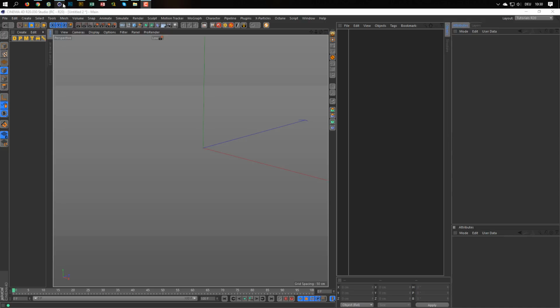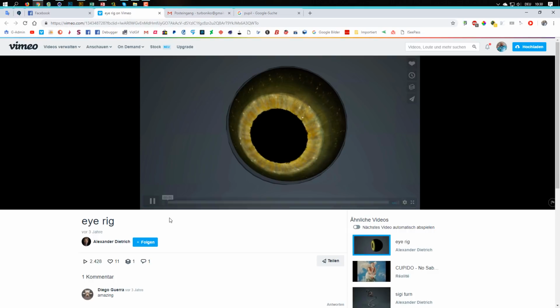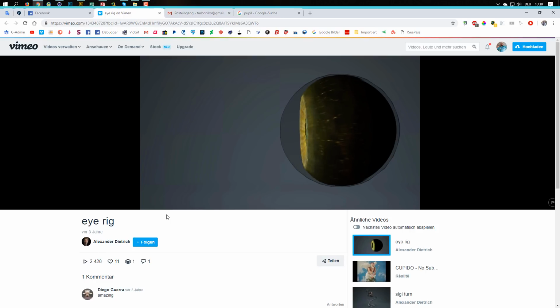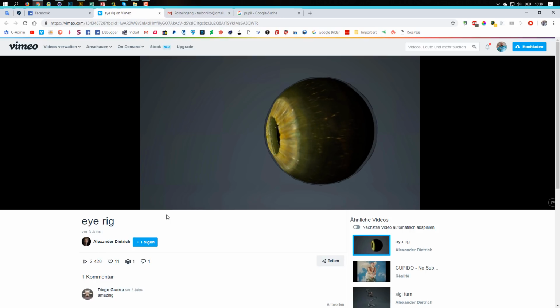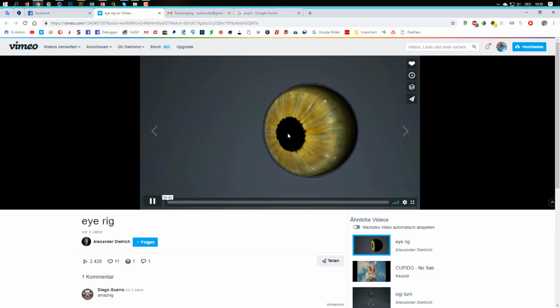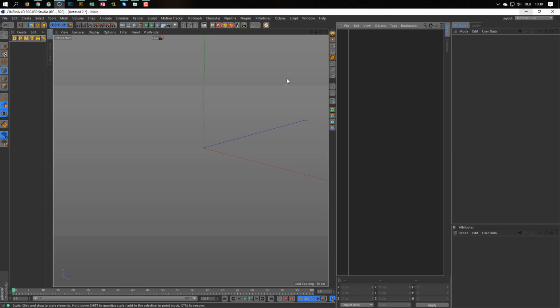I would say it's a quick tip, yeah. On my Facebook group I got a question about this iRig here and how to do something like this. I will show you how I would do this. This looks like a hole here, or is it an alpha channel for the pupil? I don't know. But we will do something like this, and we can do it in different ways, so it doesn't matter if the pupil is a hole or a texture.